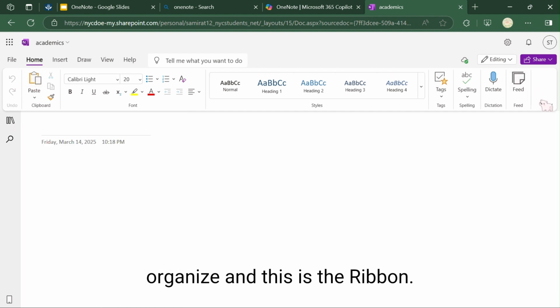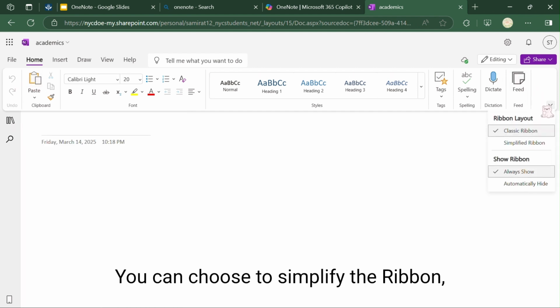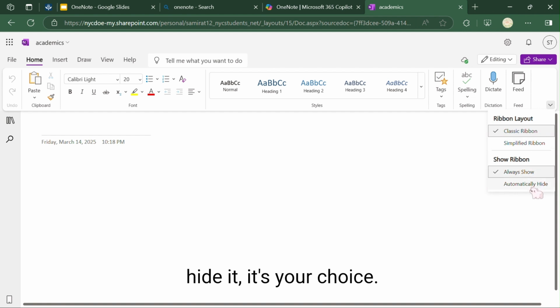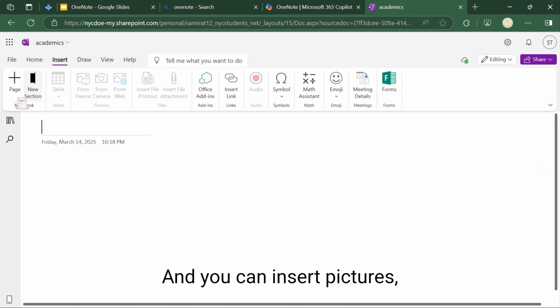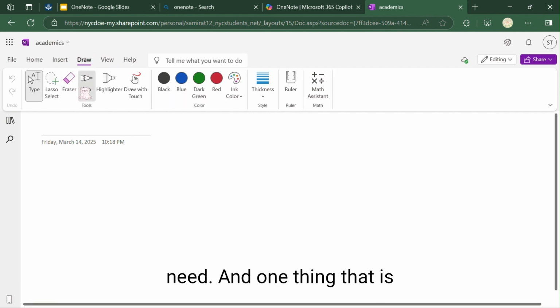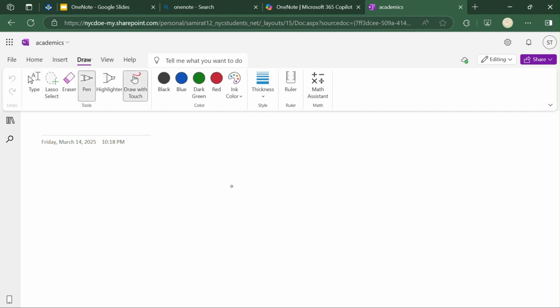And this is the ribbon. You can choose to simplify the ribbon, hide it, it's your choice. And you can insert pictures, tables, audio, whatever you need. And one thing that is, I'd say, unique about OneNote is the Math Assistant